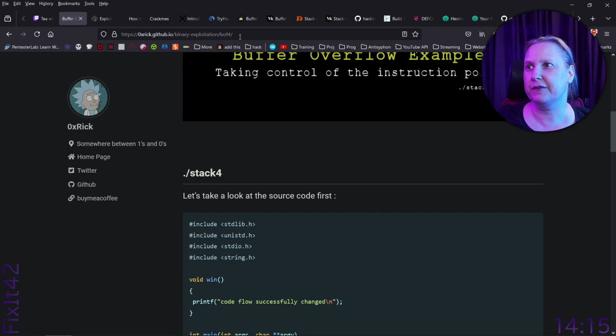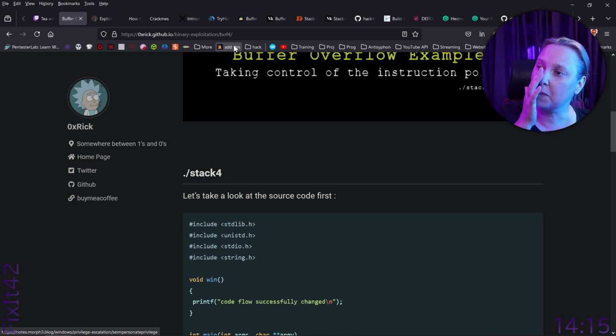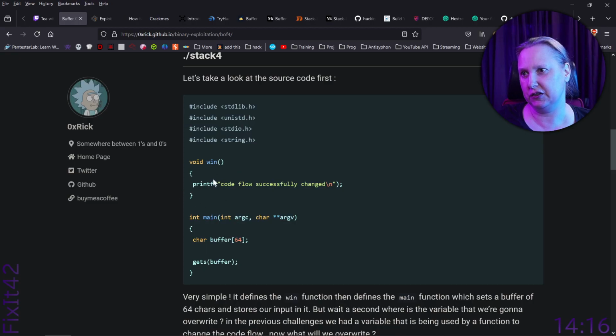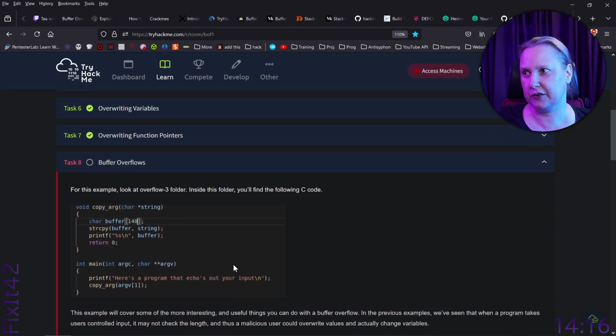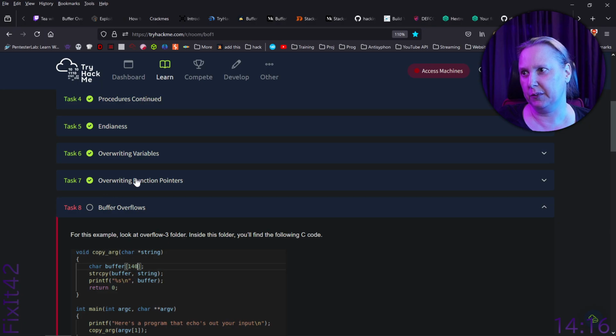Because I think it's the 5. That's the one that's similar to ours, right? Not this one, because this one has a function to change to. That's what we did in the last one of our TryHackMe room here. So the last task was making a function pointer.